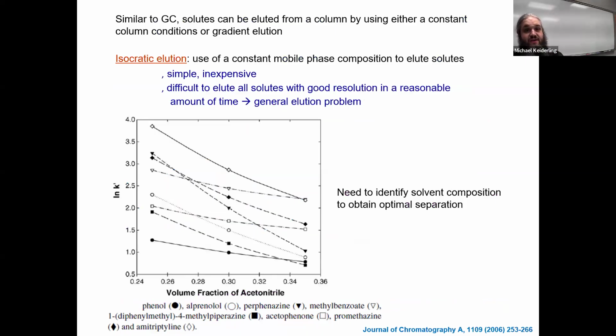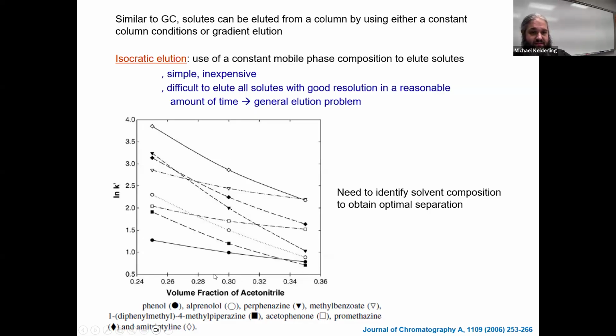Similar to gas chromatography, solutes can be eluted from a column by using either constant column conditions or a gradient elution. An isocratic elution uses a constant mobile phase composition to elute solutes. It's simple, it's inexpensive, but it's difficult to elute all solutes with good resolution in a reasonable amount of time. This is sort of the general elution problem we've discussed. So you can identify sort of a best composition to get optimal separation